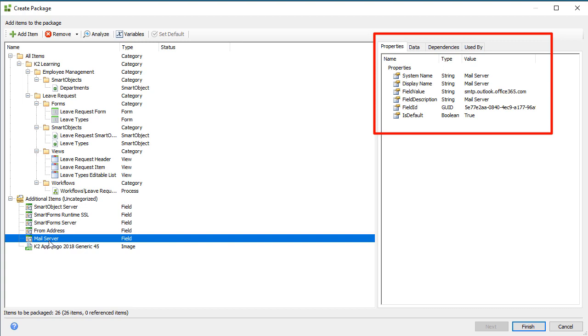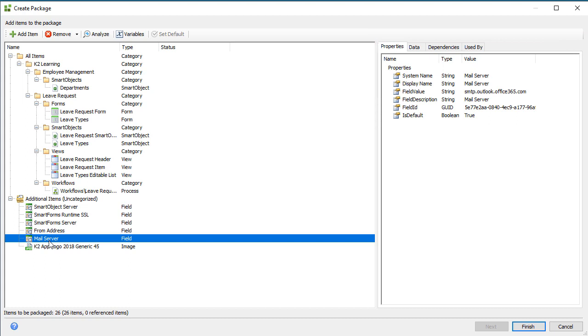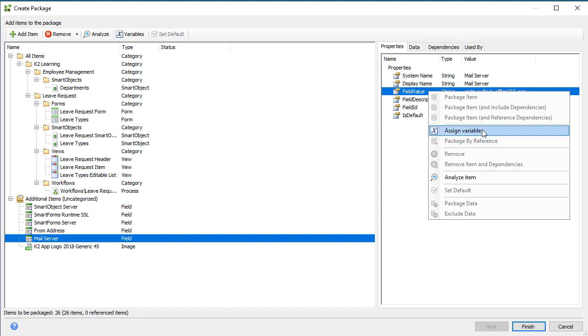The properties list here may show different types of properties based on the type of field or artifact selected. In this example, notice the mail server field has a field value property that currently has the name of this development environment's mail server. Upon deployment of this package, we need to apply the target environment's mail server name for this field instead. To do this, we can right-click the field value property and select Assign Variable from the context